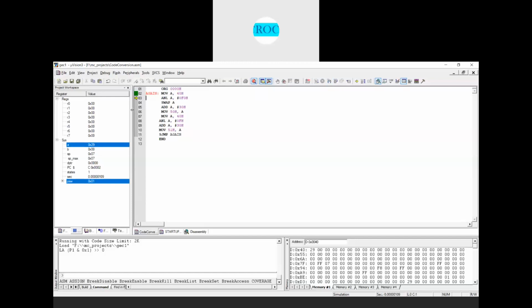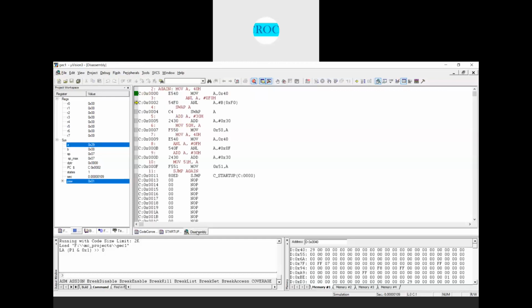So the accumulator is having 29 now. Next I perform ANL A, 0F0H. When I do this, the accumulator is having 20 now, right? The higher nibble is 2, the lower nibble is 0.